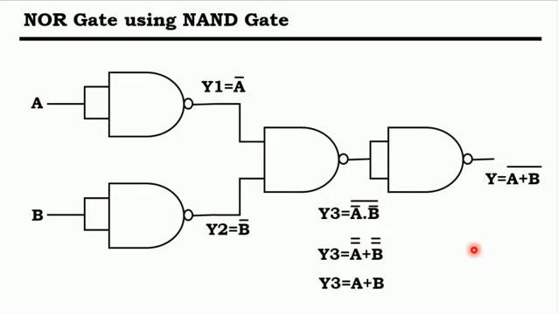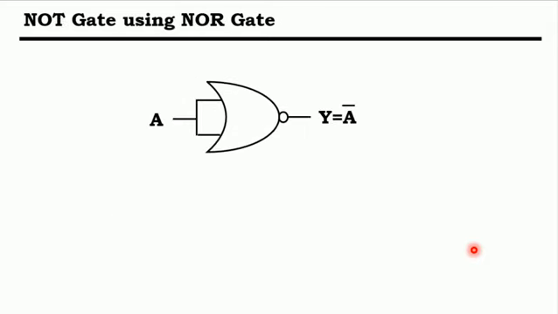So after that we are using the NOR gate, as we know that both the NAND gate and NOR gate are universal gates. So by using the NOR gate, now we are going to form a NOT gate. That is the basic circuit diagram, and in this way we can form a NOT gate. All this can be checked by using a truth table for a single circuit. You can easily understand these things by drawing a truth table. So this is a NOT gate using NOR gate.